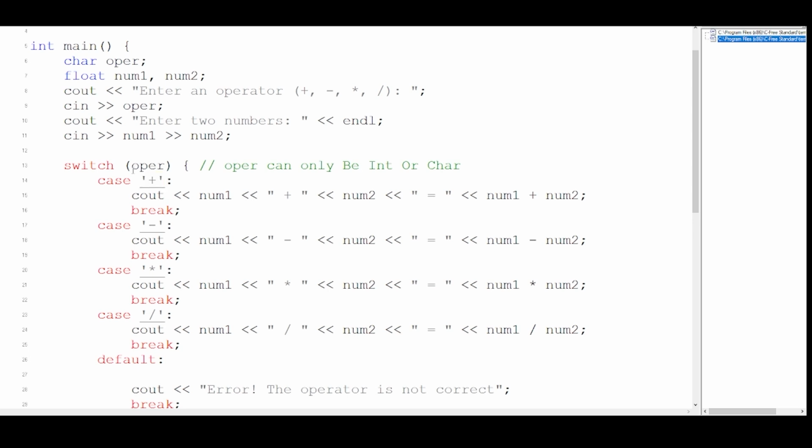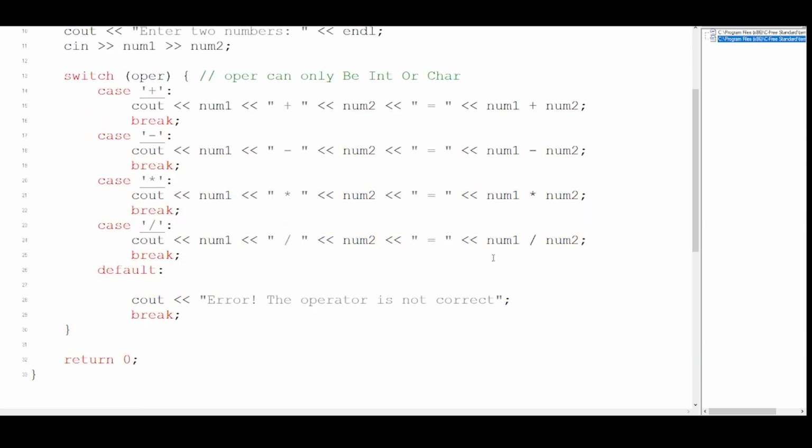Now, if I have given the input of plus and I have entered 2 numbers, it should print me out the addition of both the numbers that I have given as input. Then the statement will break out and these things will not run because I only need the addition. I don't need subtraction. I don't need division. I don't need multiplication. If let's say I need division, so it will skip all these things and only division will come. And this line will be printed and then it will break and the program will stop. Let's see if this program is working or not.